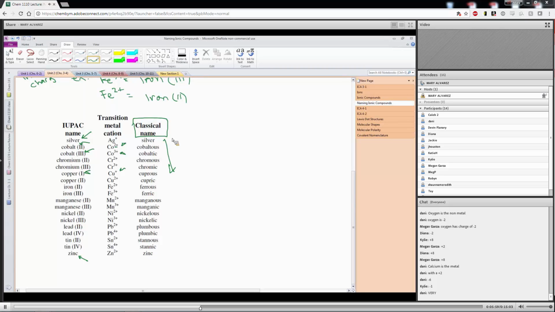The reason that I'm even showing you these classical names is that, as it turns out, sometimes some groups are a little bit slower to follow behind. So in the medicinal field, you'll still see some of these listed. For instance, if my doctor says I need iron supplement and I go to the store, they're going to sell it to me as ferrous sulfate and not as iron 2 sulfate. But they are the same thing,